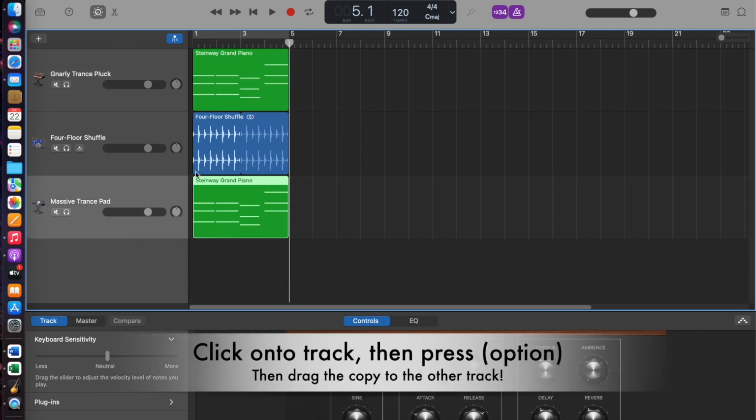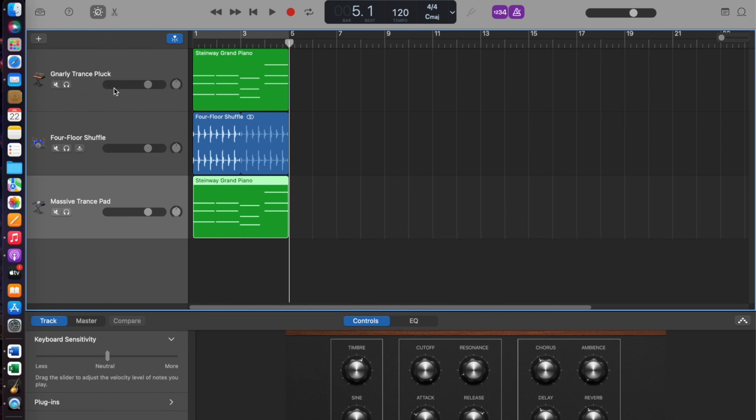And as you can see, it's made a copy, but that one's the trance plug and that one's a massive trance pad. So if we play that back,